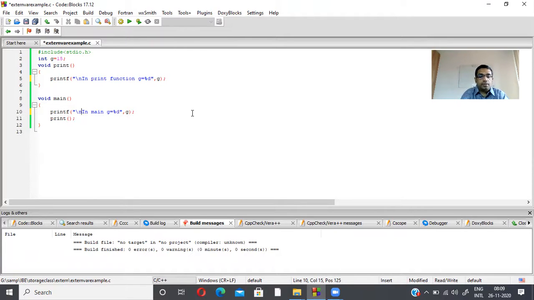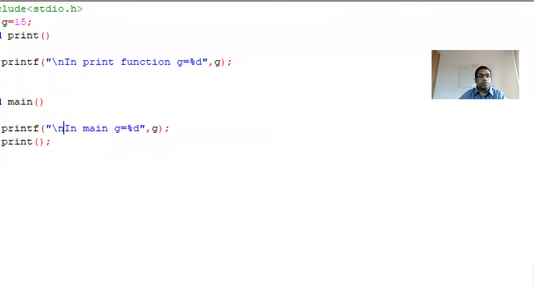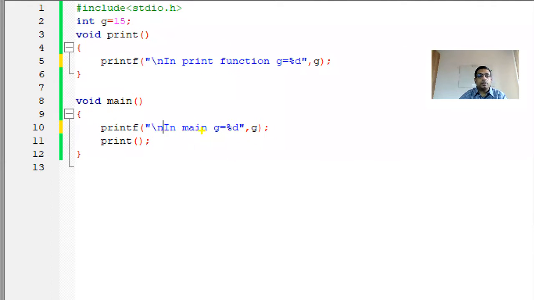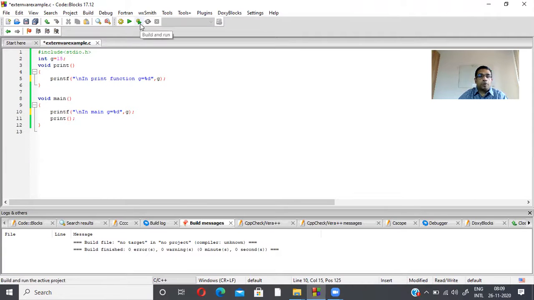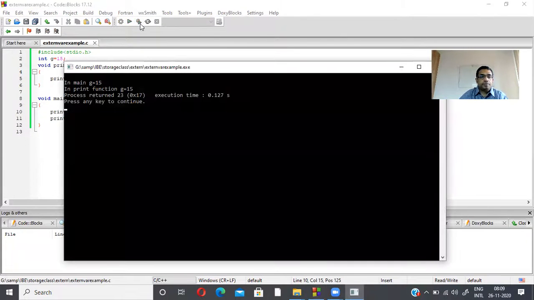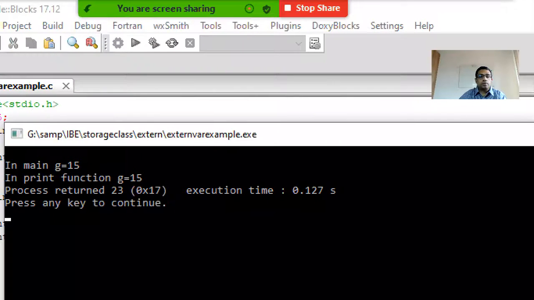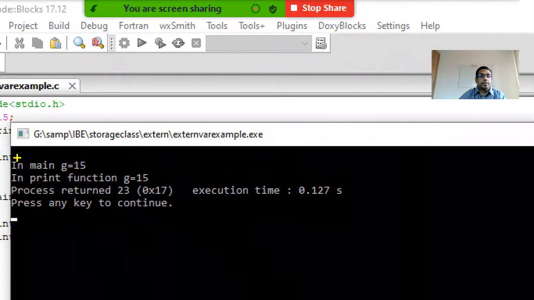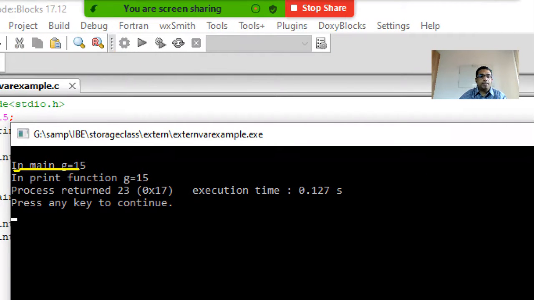So now this is the program. Let's run the program again. So here is my output. First, the main function gets executed. So in main g equal to 15, in print function g equal to 15.